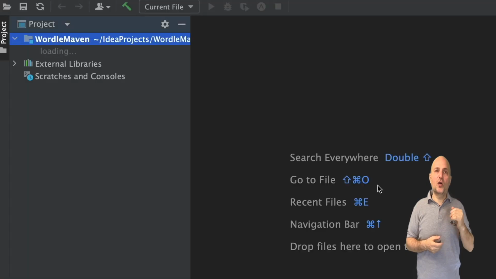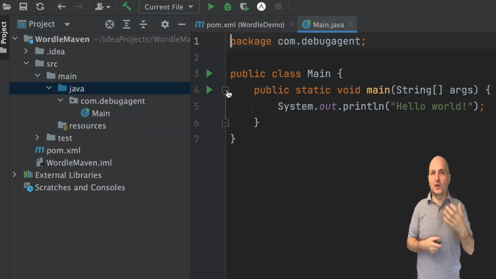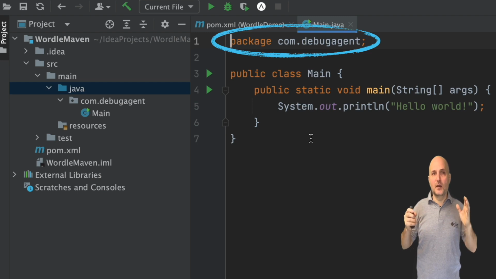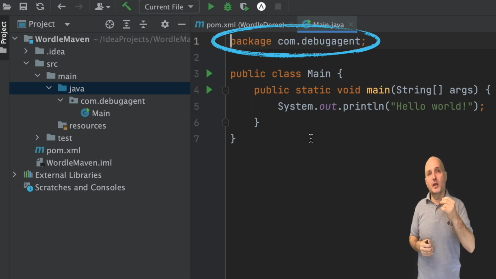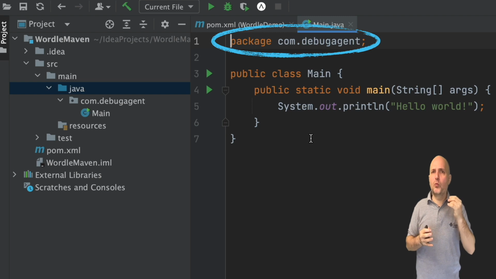The most obvious new feature in the code is the first line, the package statement. Up until now, we wrote all our code in the default package. This is considered bad practice in Java. Imagine if all developers wrote their code in the default package. Pretty soon the project will be filled with code and you wouldn't find anything. We need order. Packages are an important way to organize our code.